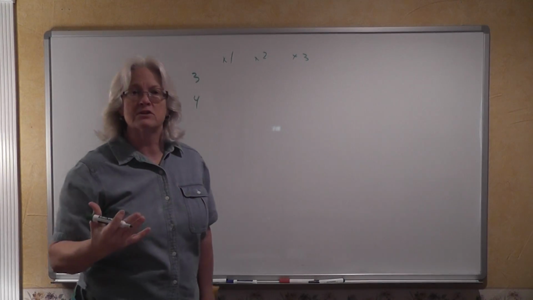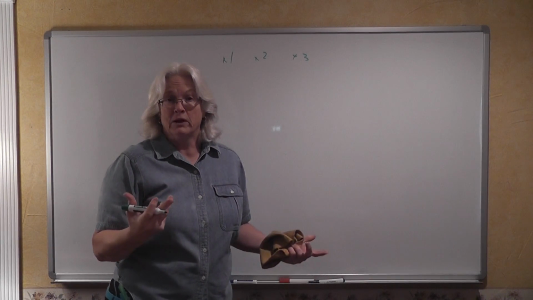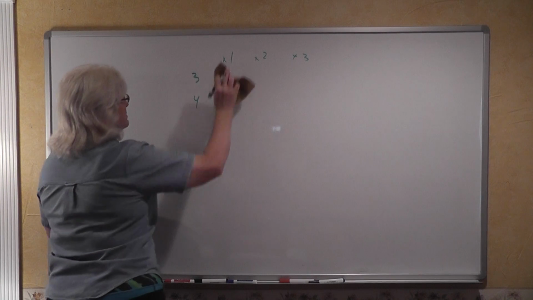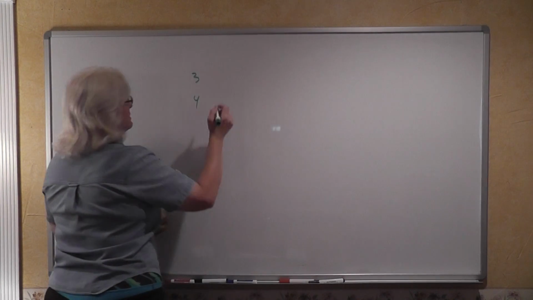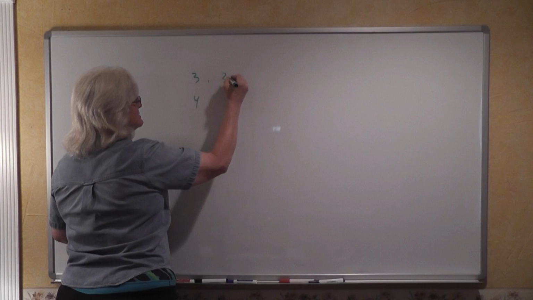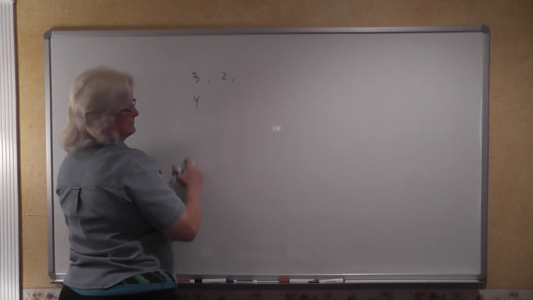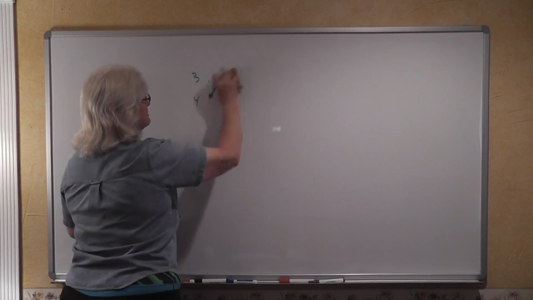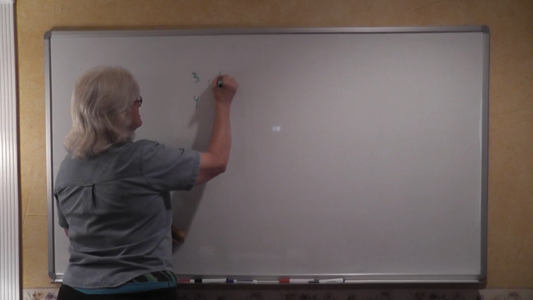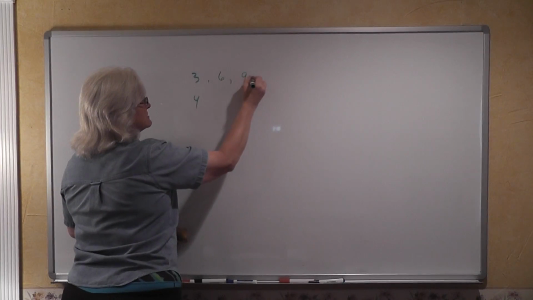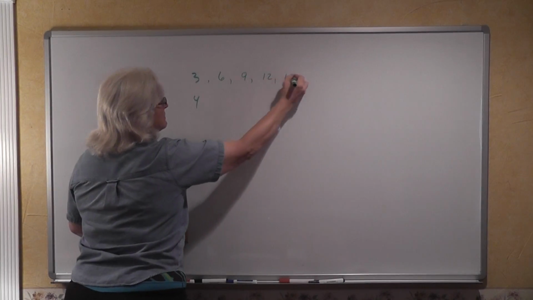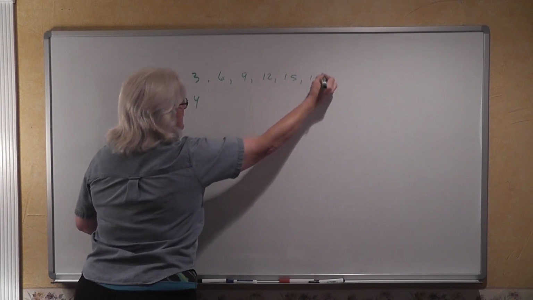So we can think of this all as counting simply by 3s or counting by 4s. 3 times 1 is 3, 3 times 2 is 6, times 3 is 9, times 4 is 12, 15, 18,